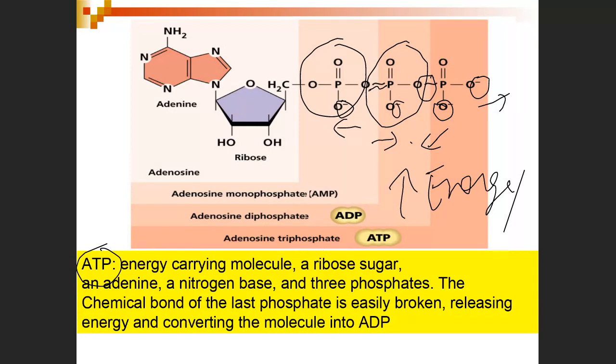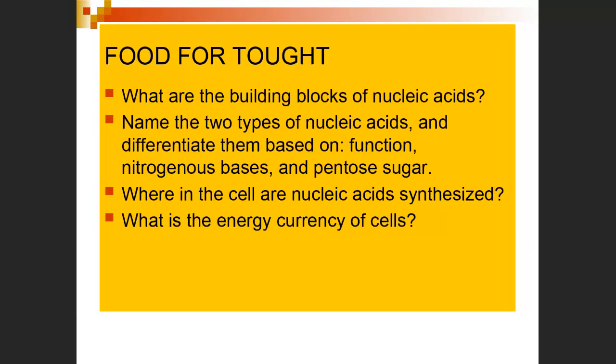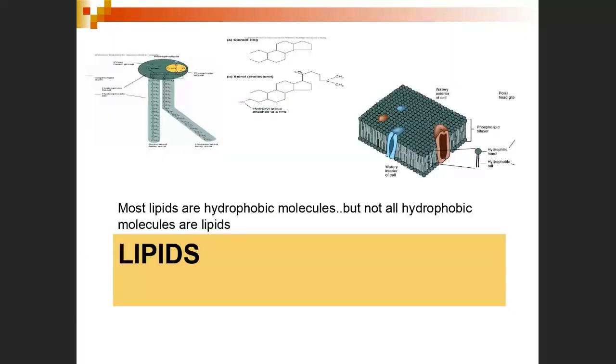It didn't have to be ATP. It is, but it doesn't have to be. It could be GTP, CTP, TTP, UTP. Any of the other bases could be made into these high energy molecules, and the cell does that on occasions. Typically, though, it's ATP. All right, so you should know ATP, a high energy molecule, is a variation of a nucleotide with two more phosphate groups attached. We talked about it not being antigenic.